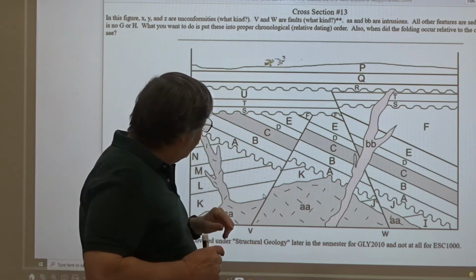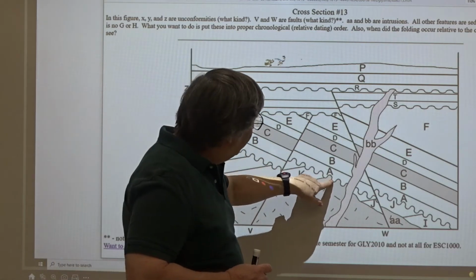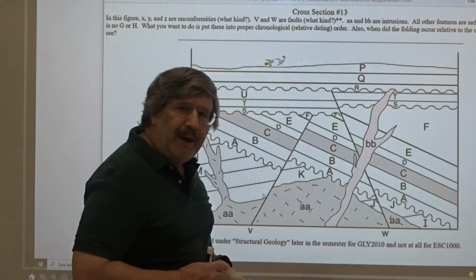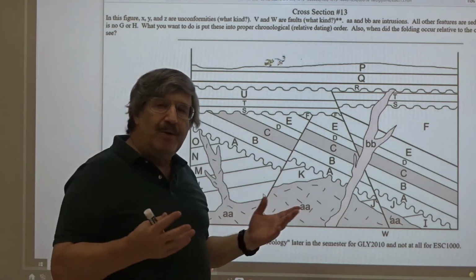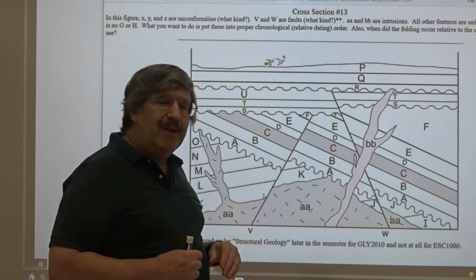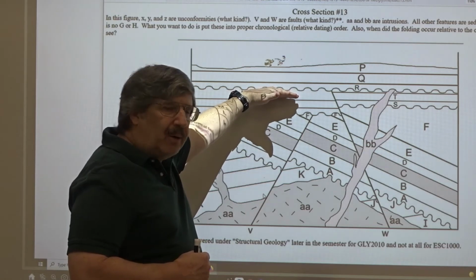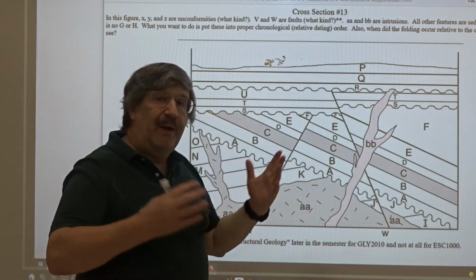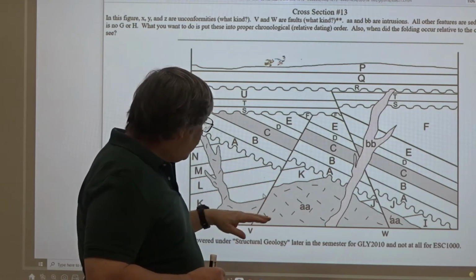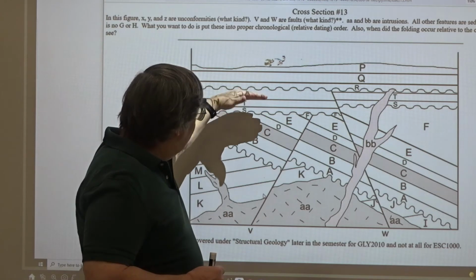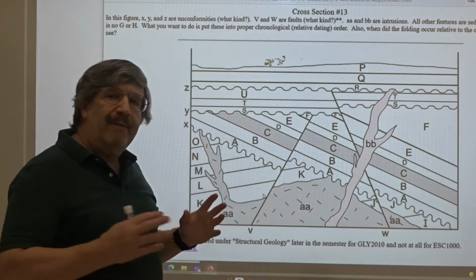I want to point out to you that wherever the intrusion runs into the unconformity, at that point it's known as a nonconformity, because intrusions, igneous bodies as well as metamorphic bodies, are unbedded. And so you can't talk about whether a bed is parallel or at an angle to an unconformity if you don't have sedimentary rocks. So we call those nonconformities. So we have igneous intrusions, we have unconformities, we have two faults cutting through this area, and everything else is